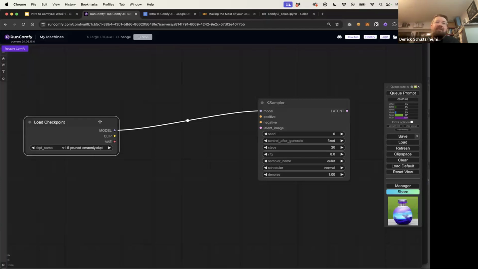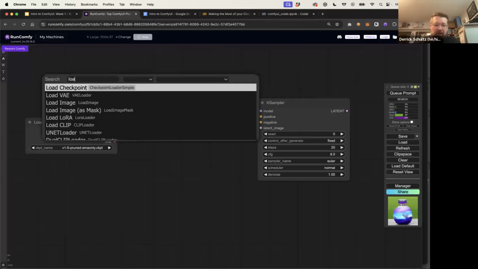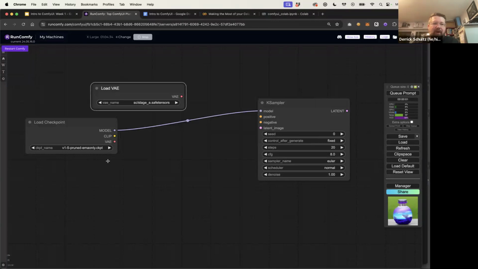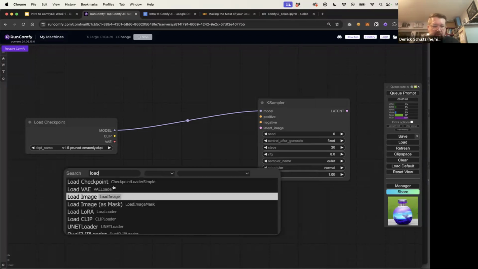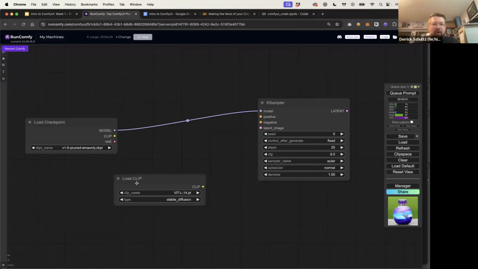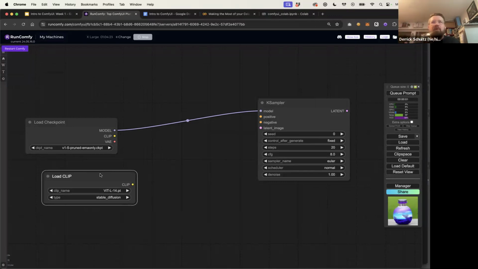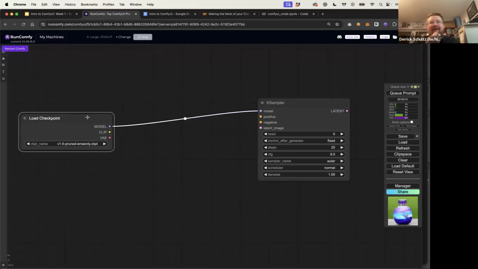So you could load each one of these individually. We won't do that today because it's a whole other thing. But there are people that load the 1.5 model using a special VAE with a special CLIP loader. You can sort of break these out into their own thing. You could just double click here and go load, and you'll see Load VAE. So if I wanted to replace the VAE from this model, I could use its own separate loader. Let's see, Load CLIP, if I have my own CLIP model I want to load in. So there are a bunch of nodes here to load in your own versions of these things. Most people just use the default built-in for each model. It tends to be safer. You know they're made for that. There's a bunch of problems here where if you disconnect different models with the wrong node, you get a bunch of other issues.